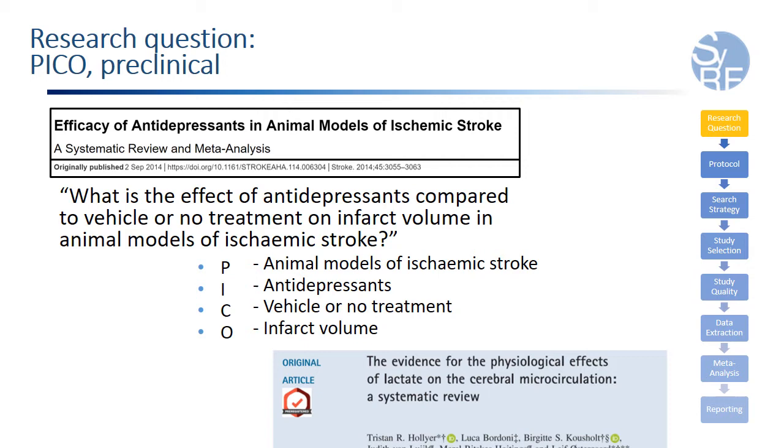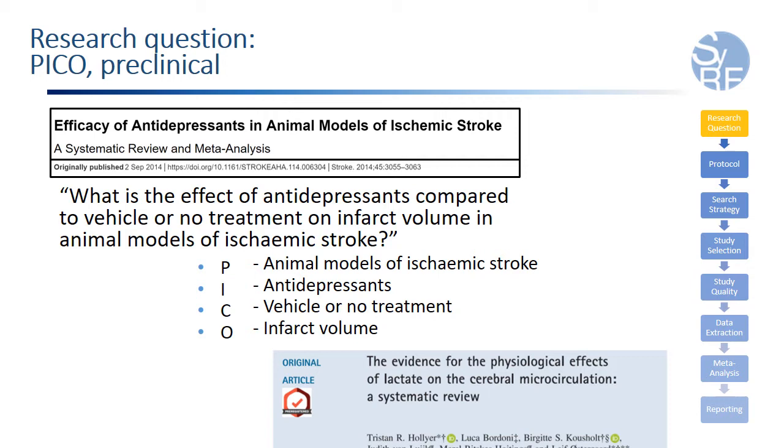It is important to define these elements of your research question from the start to ensure you design an appropriate search strategy to answer your research question. As I mentioned, other review questions will follow a different question structure, perhaps only using some elements of PICO.